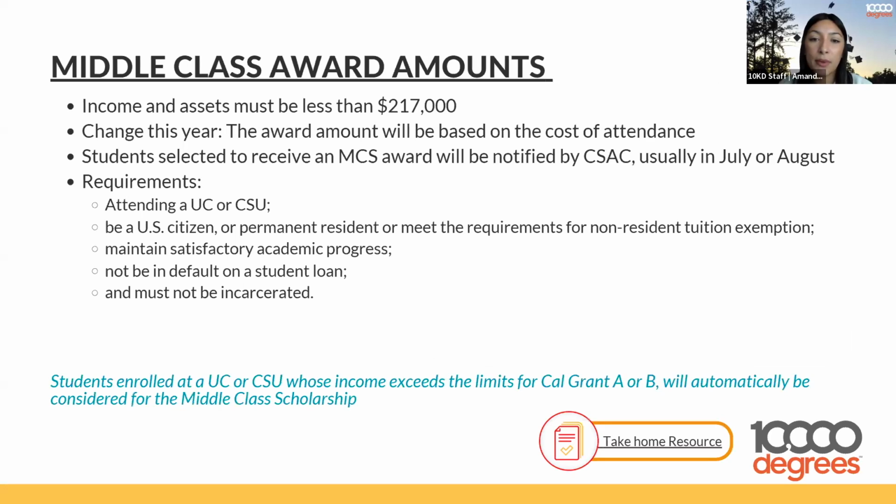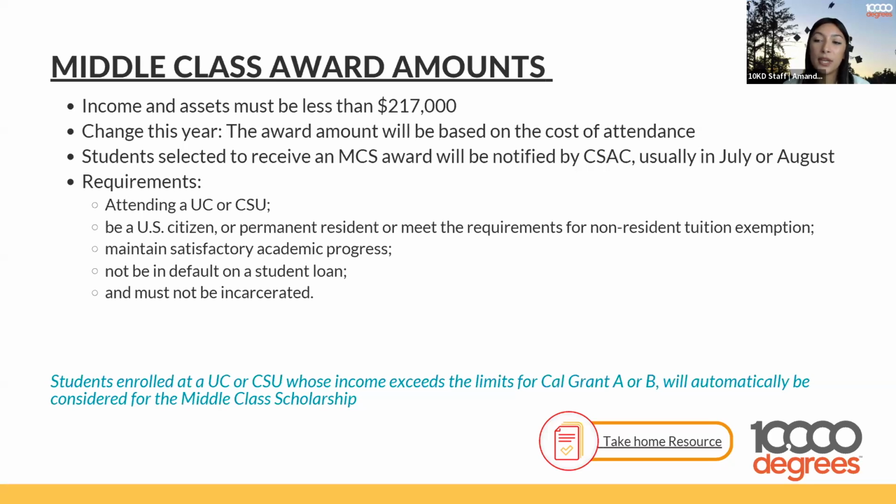Middle Class award amounts. This is pertinent to the Middle Class Scholarship. Some students may be eligible for the Middle Class Scholarship, and guidelines for the scholarship include that income and assets must be less than $217,000. The change this year is that the award amount will be based on a student's cost of attendance for the school they're attending. And students selected to receive a Middle Class Scholarship will be notified by CSAC, which usually occurs in July or August. Requirements for the Middle Class Scholarship